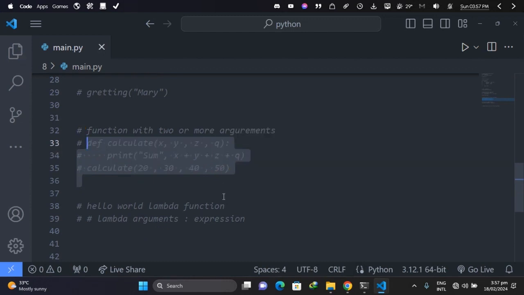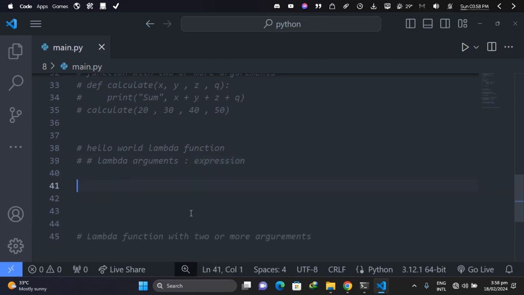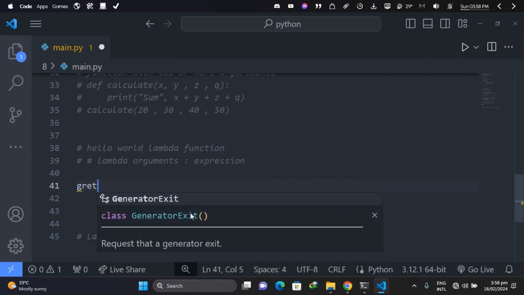So now next is the lambda function. So what's the lambda function? The lambda function is a simple and anonymous function, a shortcut to create a function. So what do I mean? To create a lambda function, you simply write lambda, then you give your argument or arguments, your expression over here. So to create a lambda function, you first of all have a variable, so maybe greeting